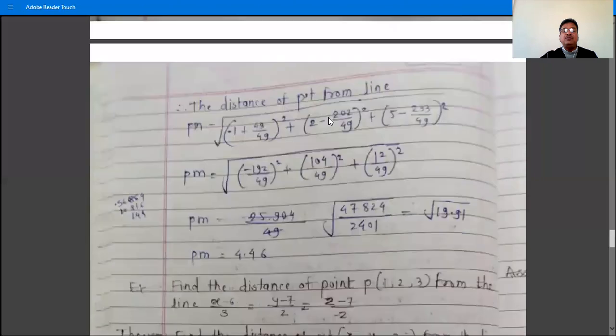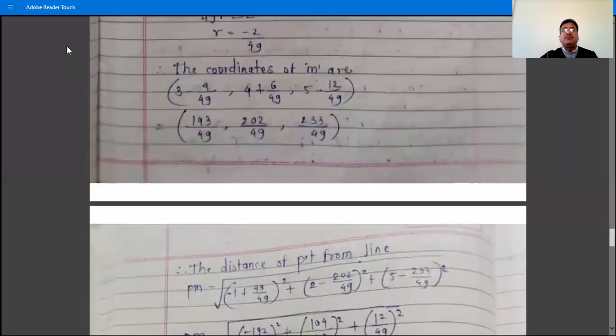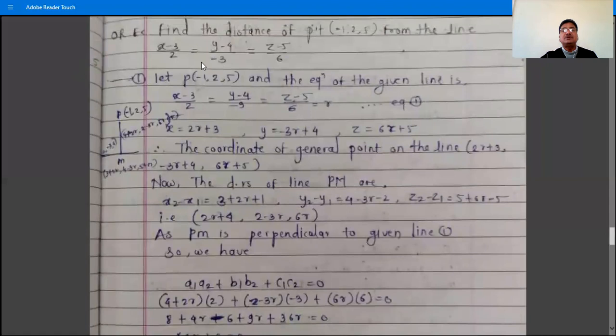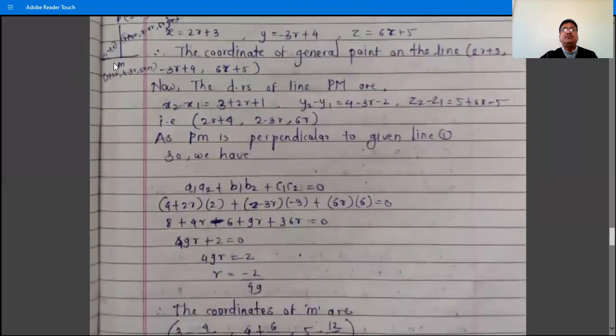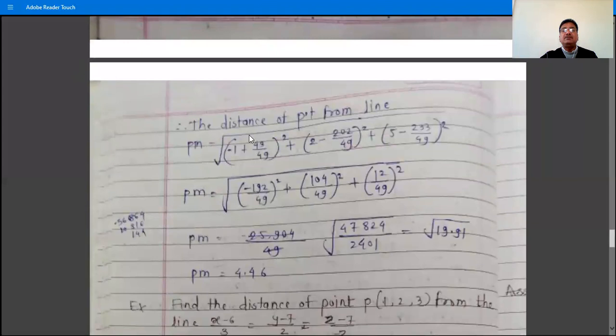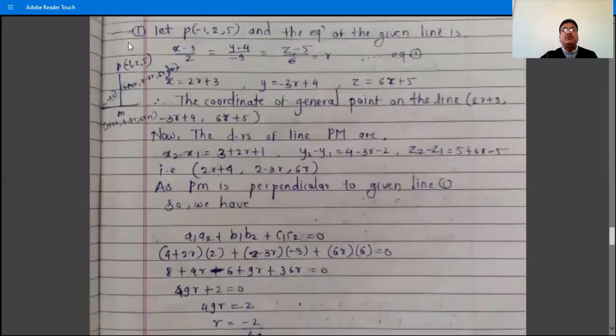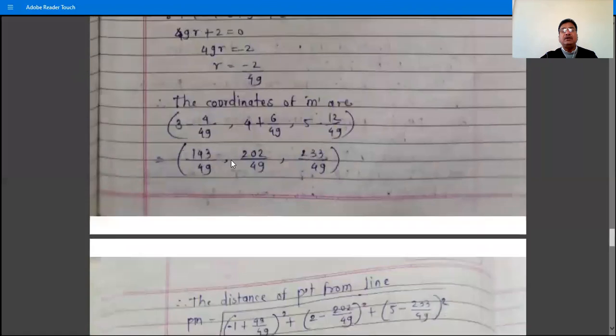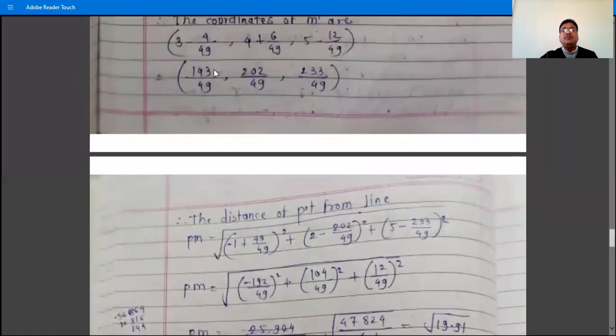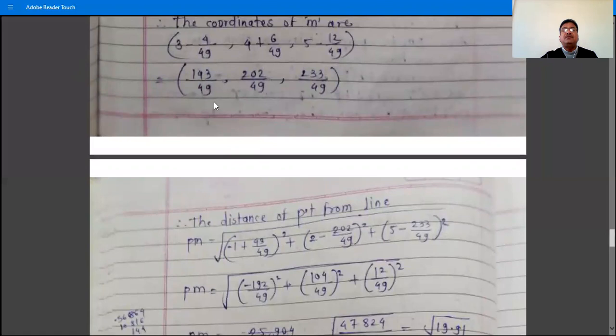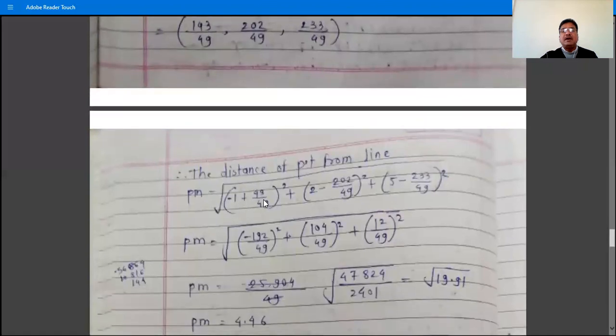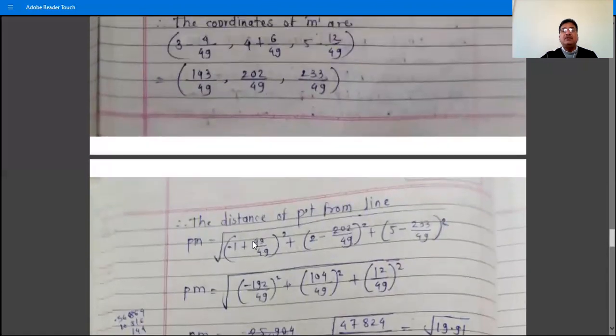So now we have to find the distance between the point and the line, that is PM. By using the distance formula, the coordinates of P are (minus 1, 2, 5). So PM is the square root of (minus 1 minus 143 by 49) square,